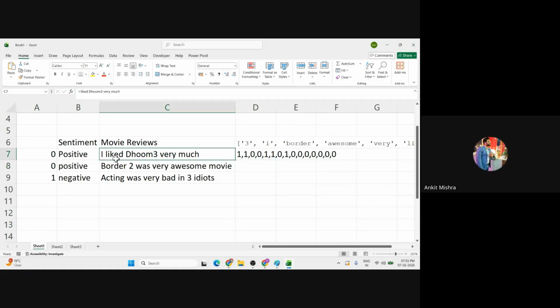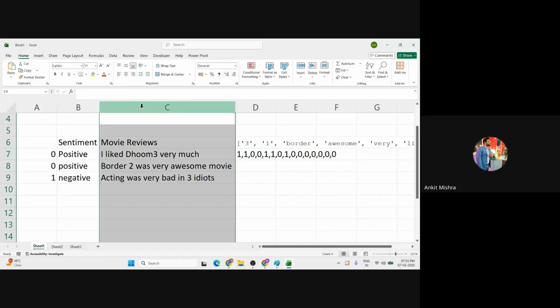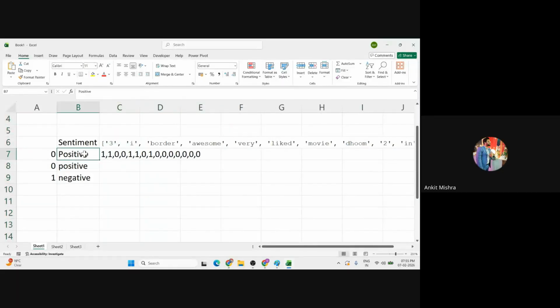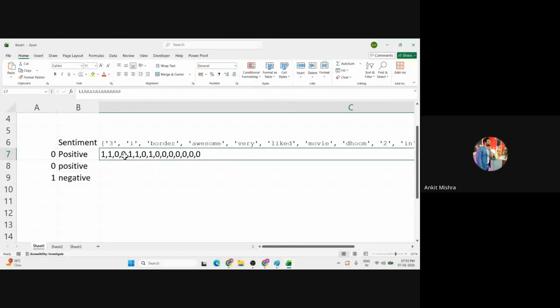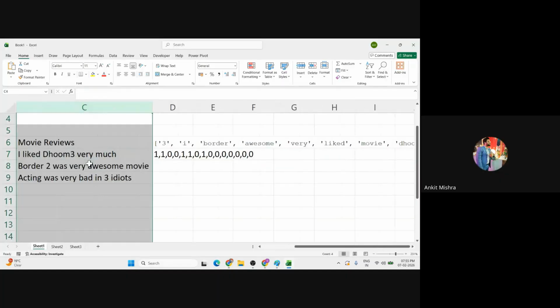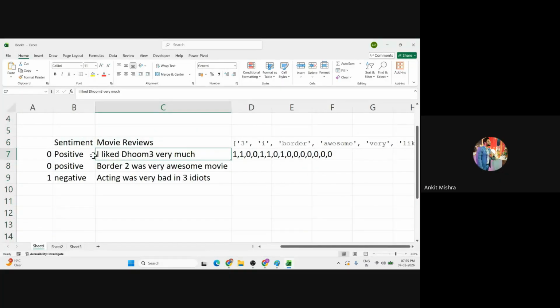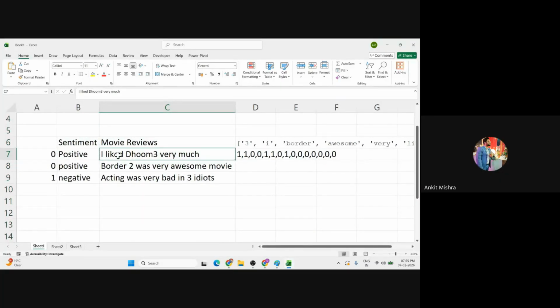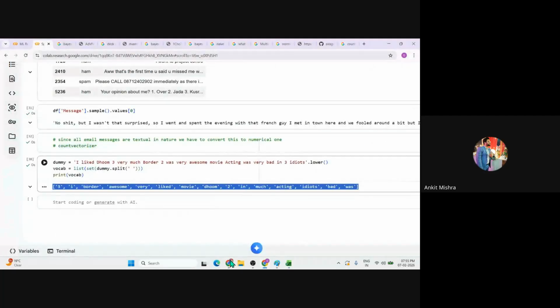You have converted "I like Dhoom 3 very much" into this vector. Now instead of this review, I can say this vector represents the previous statement, the review part. So we have simply converted our review part into the numerical one. Guys, are you getting my point now?